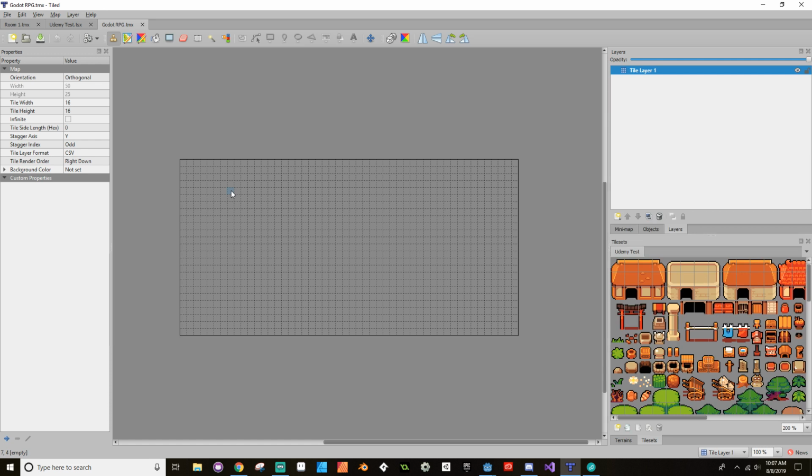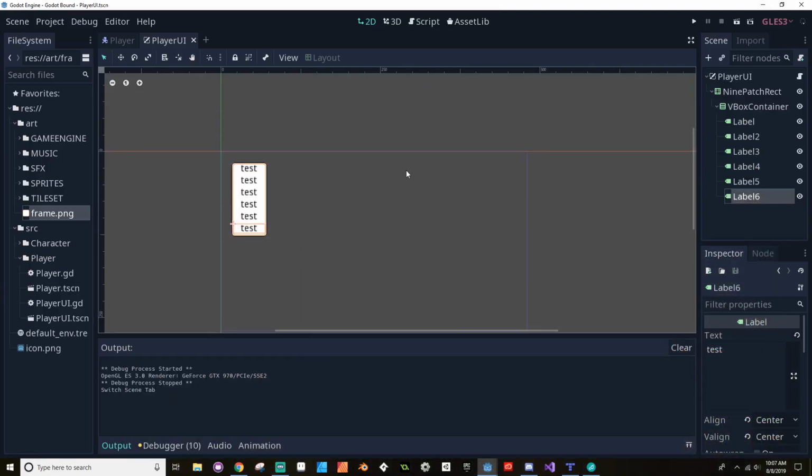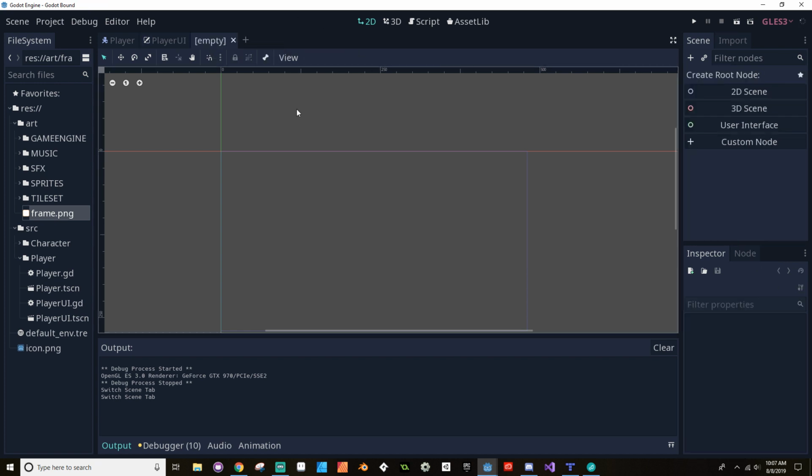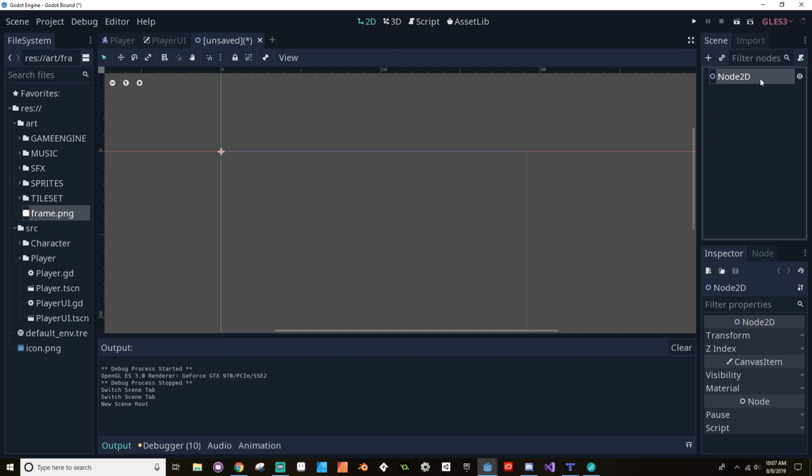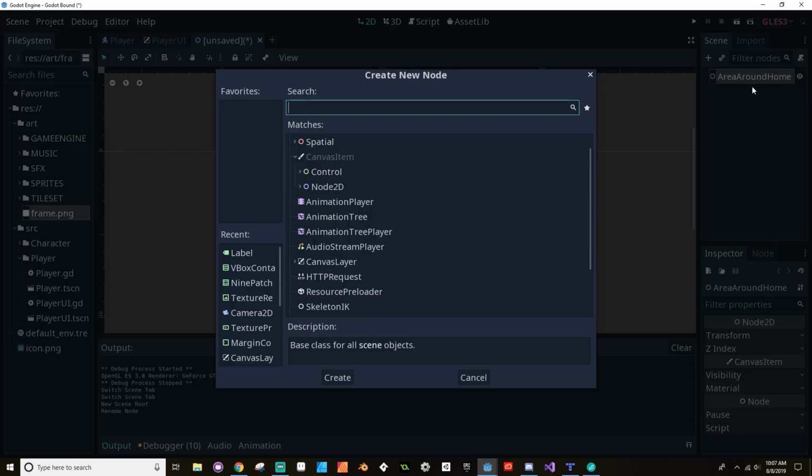I think Tiled is really easy to understand and simple to use, but Godot has its own built-in tile map system that has gotten quite a huge revision for 3.1, and it's only fair that I take a look at that too. So, I'm going to create a new 2D scene, and I'm going to call this area around home. How about? And as a child of this, I'm going to add a new tile map,